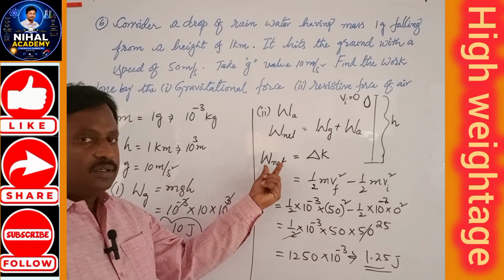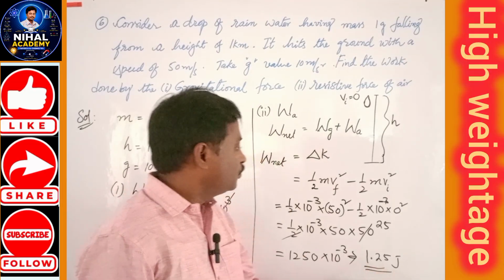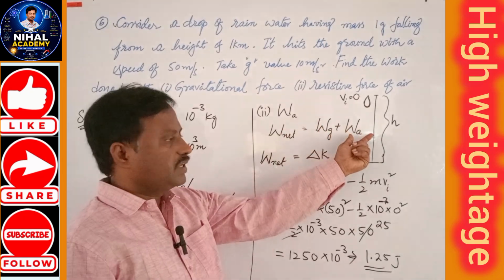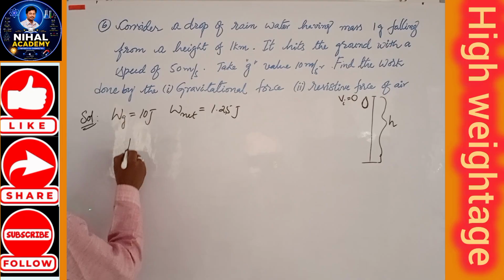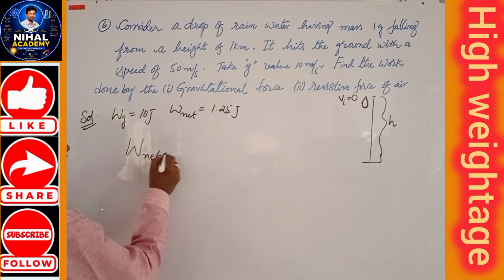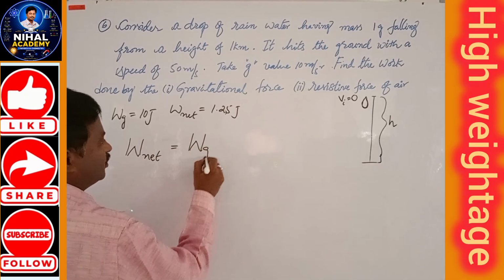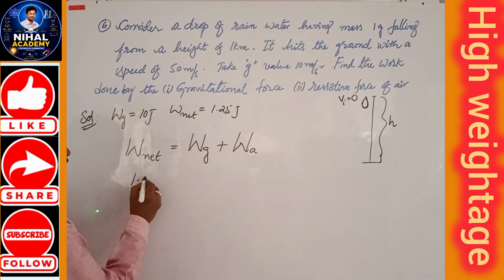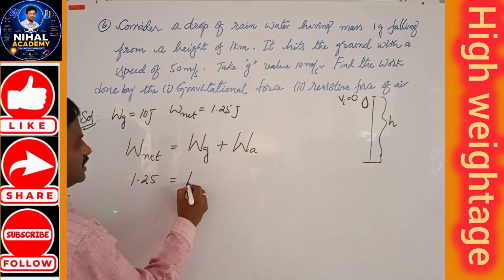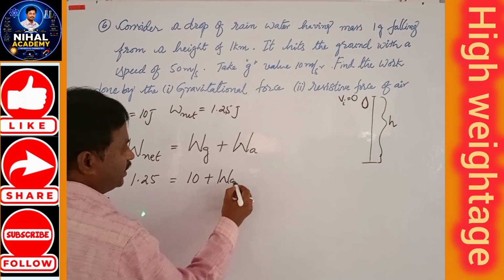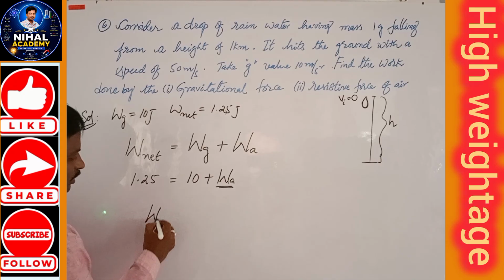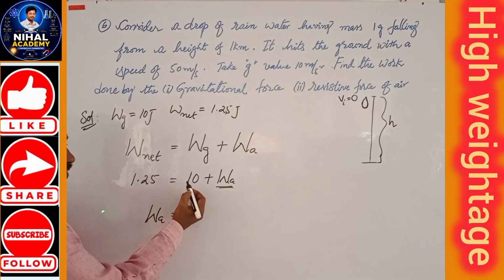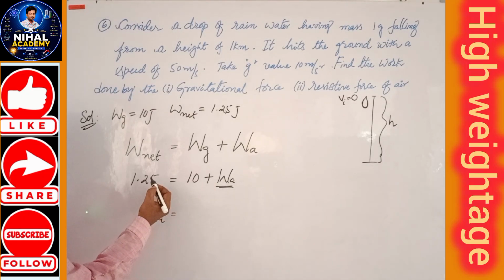So we know that the total work done is equal to 1.25 joules, and the work done by the gravitational force is equal to 10 joules. So we can calculate the work done by the air, that is air resistance. The total work done is equal to the work done by the gravitational force plus the work done by the air. So 1.25 is equal to 10 plus W_A. We have to calculate W_A. So W_A, the work done by the resistive force of air, is equal to, if you bring the 10 to the left side, minus,